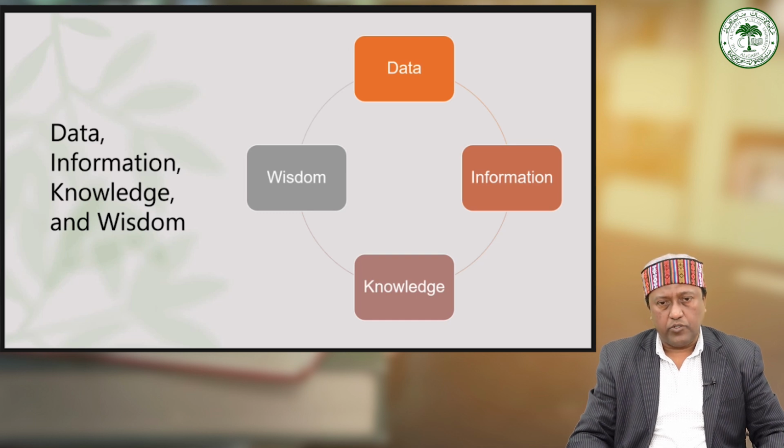And the last in the cycle is wisdom. Wisdom is the highest level of understanding and insight that transcends mere knowledge. It involves the ability to discern, evaluate, and apply knowledge and experience in a thoughtful and ethical manner. The simple example can be just suppose drawing upon a lifetime of experience, values, and principles to make wise decisions that benefit oneself and others, taking into account long term consequences and ethical considerations.